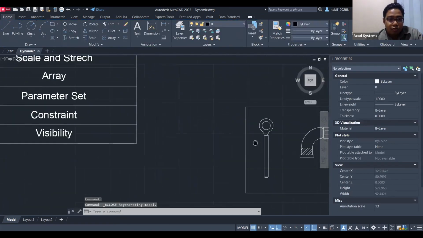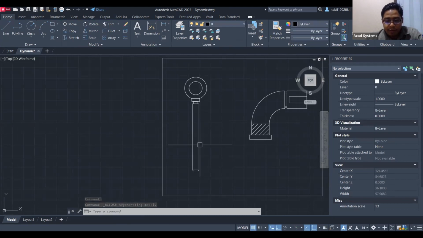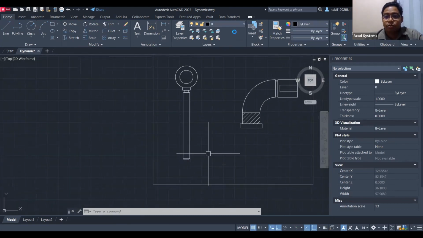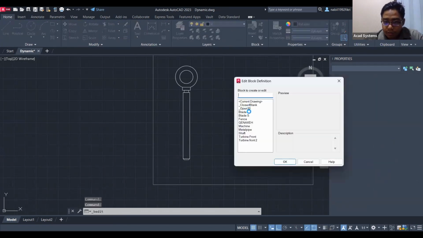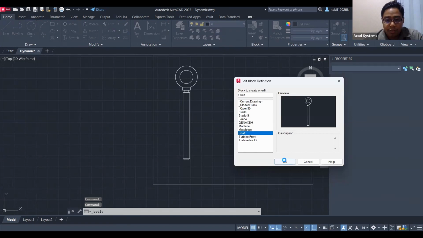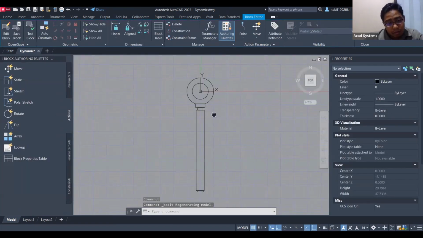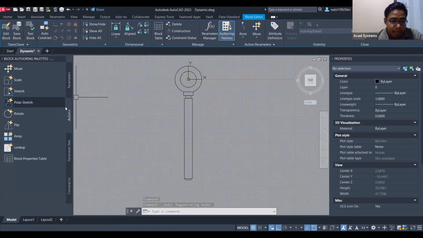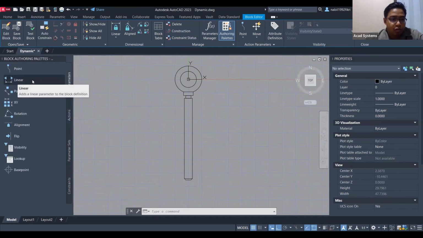So next, I want to stretch. For example, I have this button over here that I would like to make it a little bit longer. So let's go and edit. So this will be a shaft. Now to add some action for this, we can use stretch. In the parameter, we can also still use linear or any of these that you can use from here. I'm gonna use